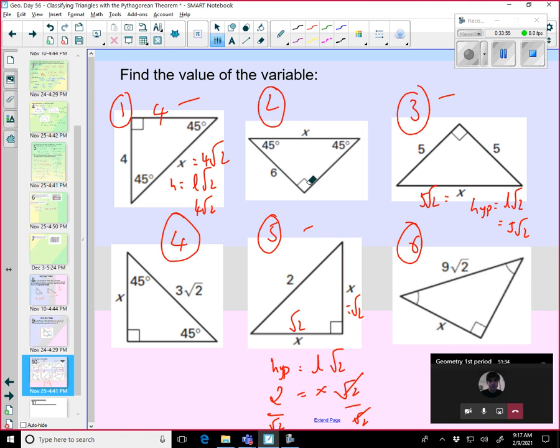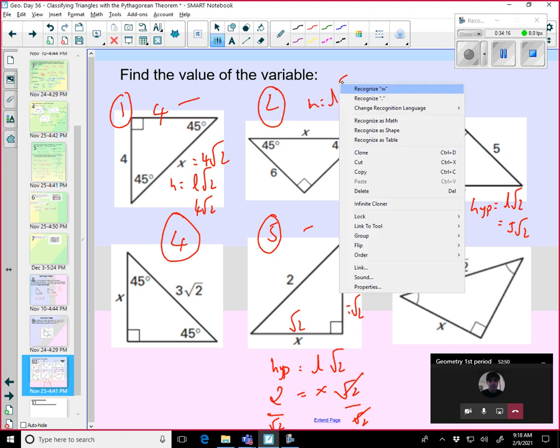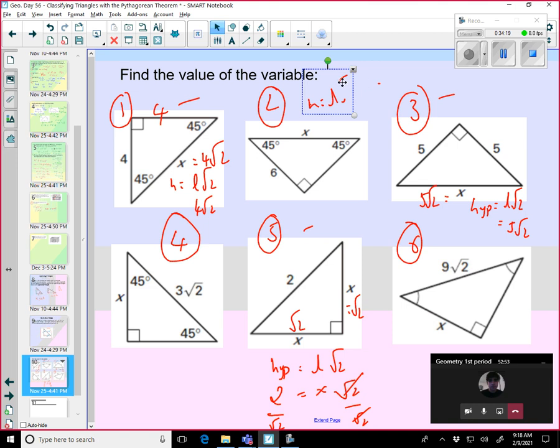All of you solve problems 2, 4 and 6. I'll give you a couple of minutes, then we will go to the last slide. Okay, as your friend suggested, absolutely right. We are finding the hypotenuse here, and they had given us the value of the leg. The hypotenuse is leg root 2. Instead of the leg I have 6, so 6 root 2. So x equals L root 2. I've substituted L as 6 and got 6 root 2.